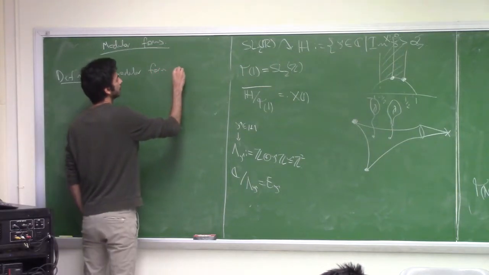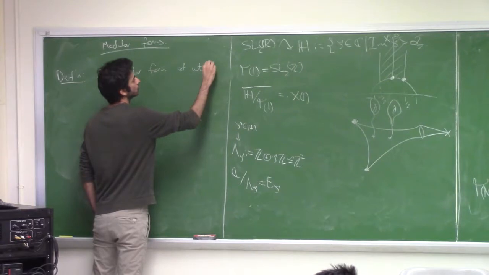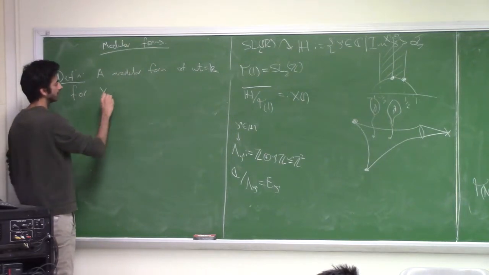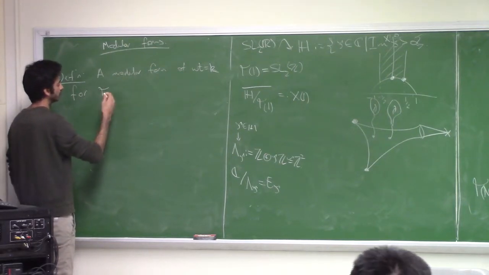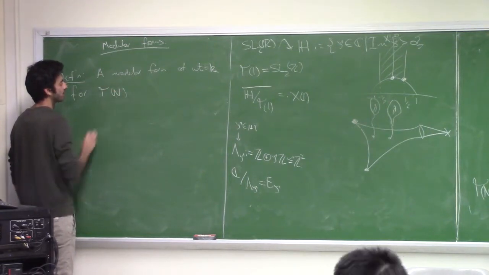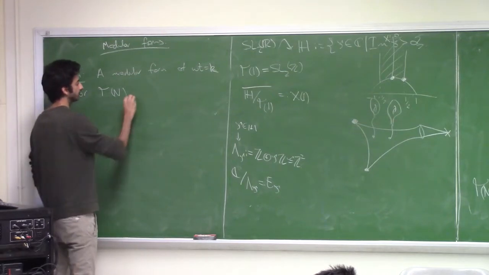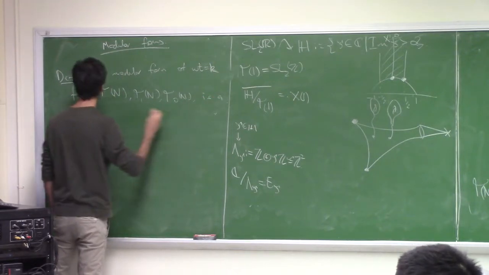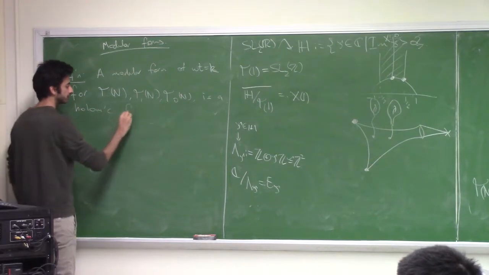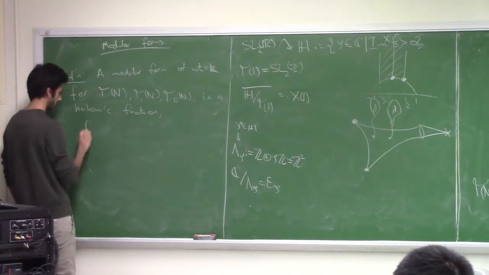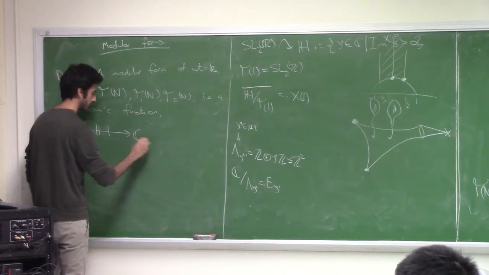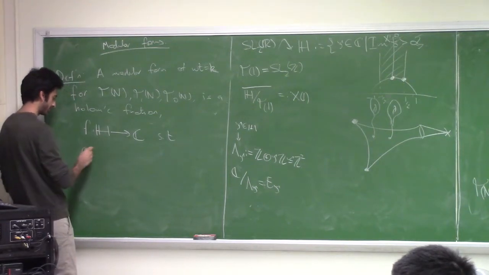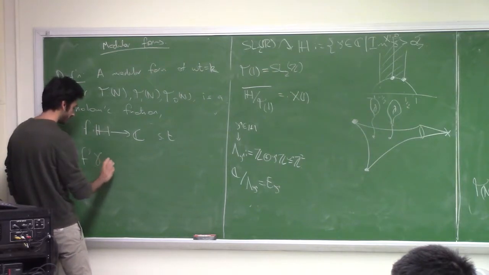A modular form of weight k, so it has this invariant associated to it, for any of these groups, gamma 0, 1, or something with target n, is a holomorphic function such that, and this is the main thing, somebody realized that this is the right kind of invariance to look at, f of gamma tau